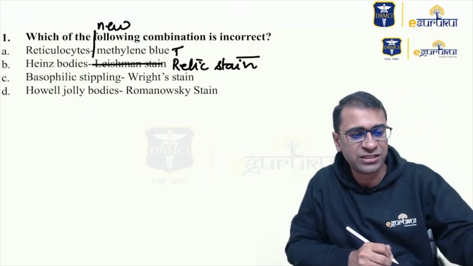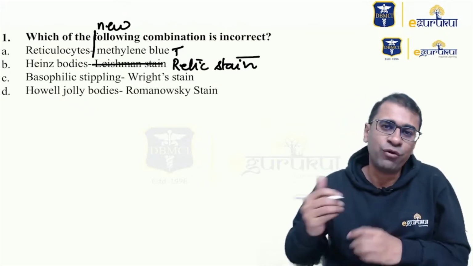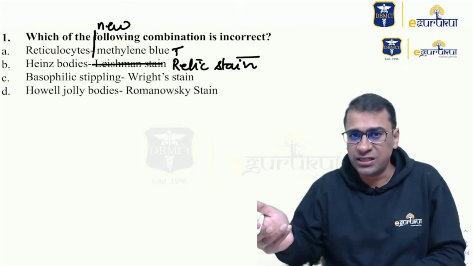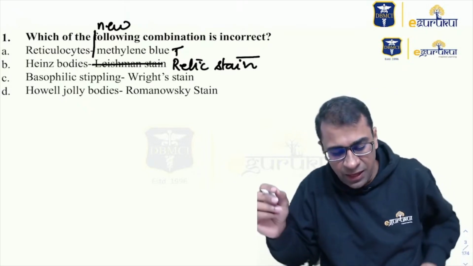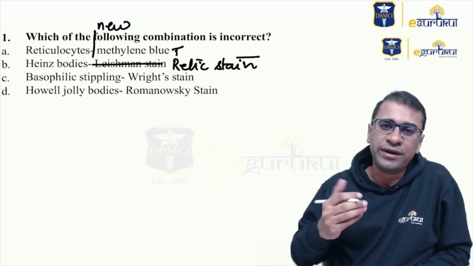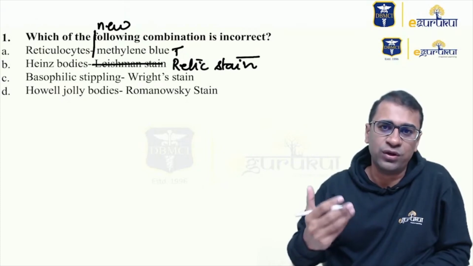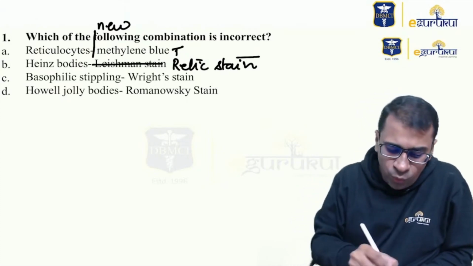The basophilic stippling can be stained by Wright stain. The full name of Wright stain is the Wright-Giemsa stain. And Howell-Jolly body can also be stained by this Romanowsky stain. Now, I understand that many of you might be lacking a few concepts on what these stains are and how these stains are useful in general practice. So what we'll do is we'll try to understand what this